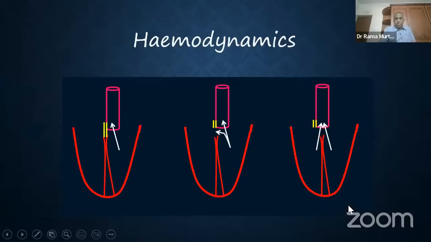Okay, so hemodynamically, what does it mean to us? It means that the aorta is committed only to the left ventricle in situation 1, that's normal. In situation 2, the aorta is committed only to the left ventricle, but the left ventricle also shoots out blood and perhaps receives blood from the right ventricle through a bidirectional flow through the VSD. Whereas if it's malaligned, you will have both ventricles which have access into the aorta, and therefore the aorta is committed to both ventricles. So that is the hemodynamic implication.